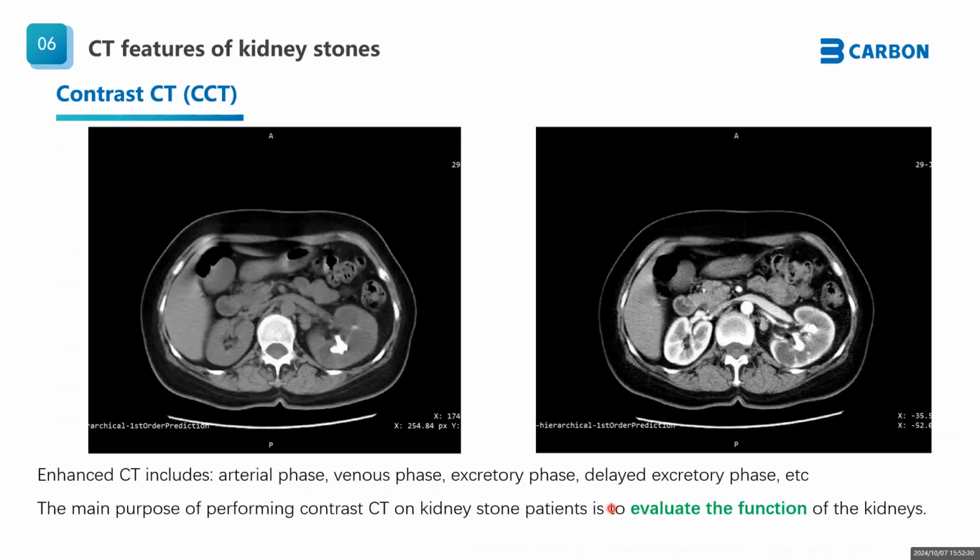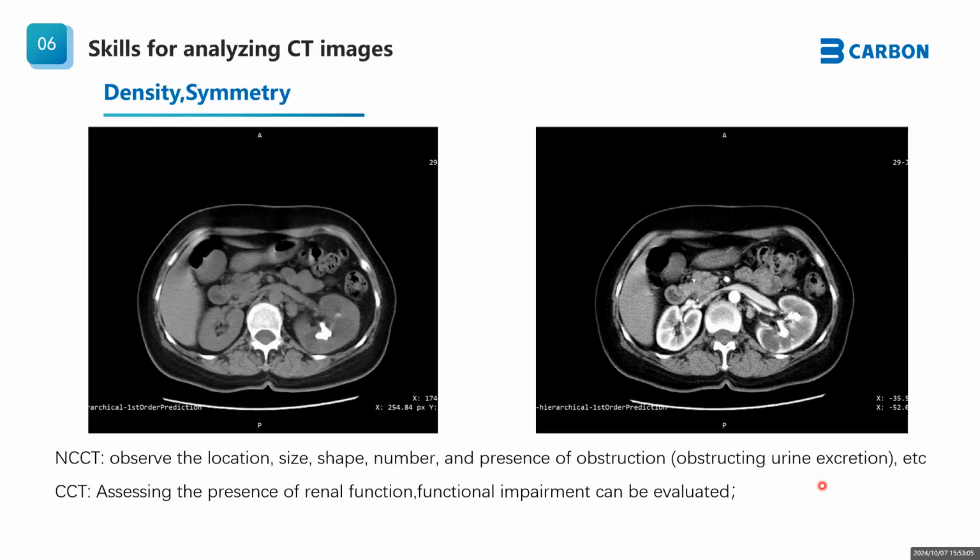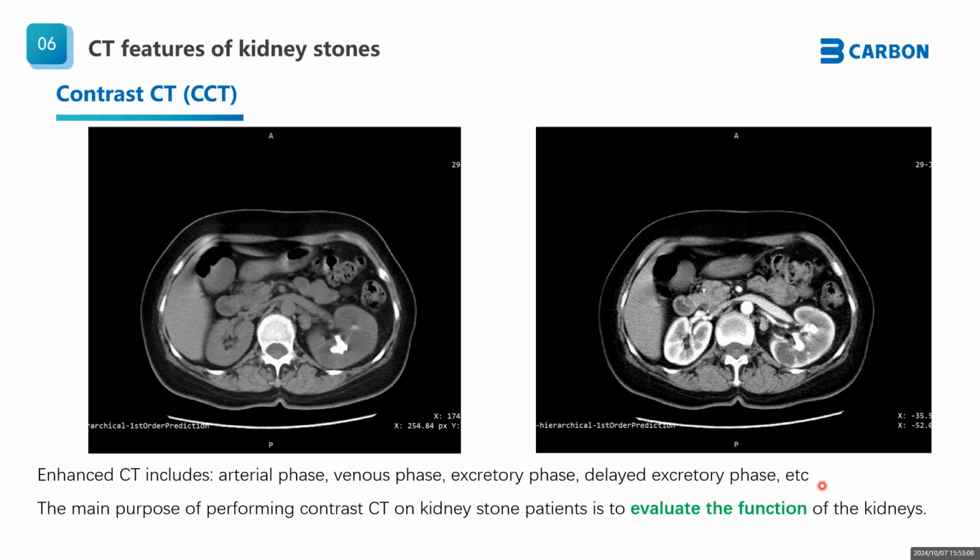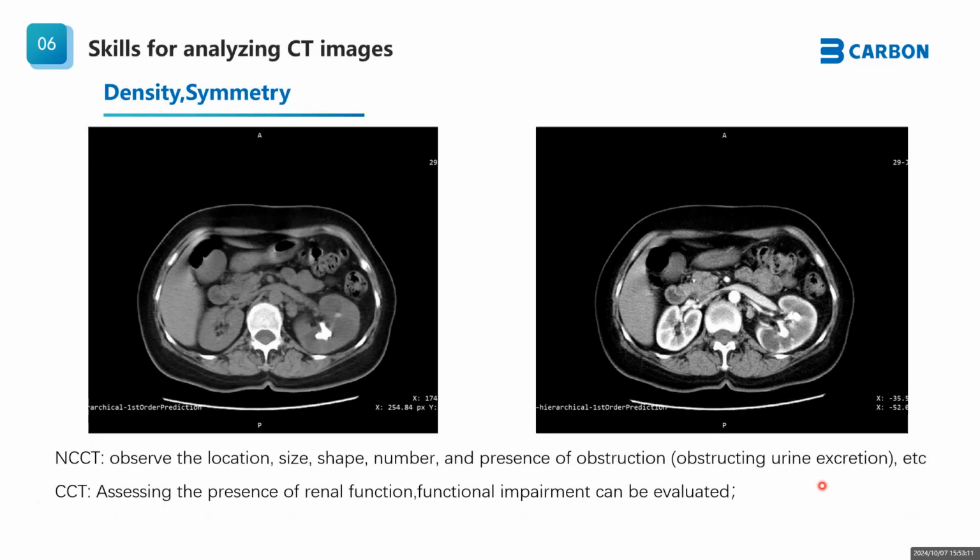And the contrast CT, sometimes we can use it just to evaluate the function of the kidneys. Okay, and then enhanced contrast CT, we could also call enhanced CT. Sometimes they call it contrast CT. This includes arterial phase, venous phase, and the excretory phase, and the delayed excretory phase, etc. Different phases give the doctors different information. Okay, and then